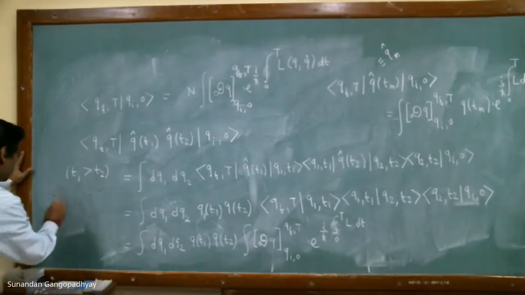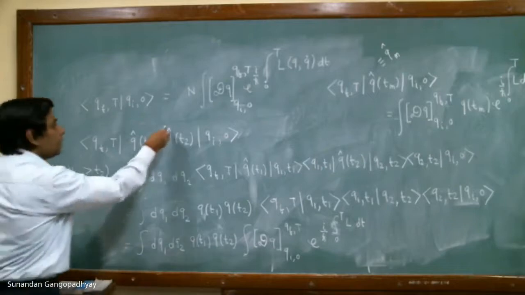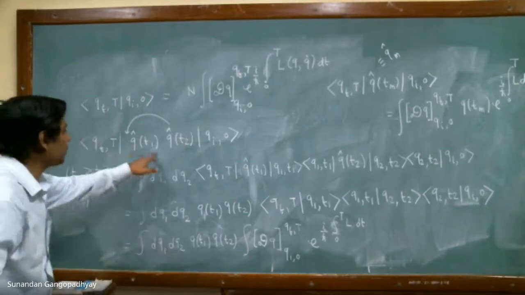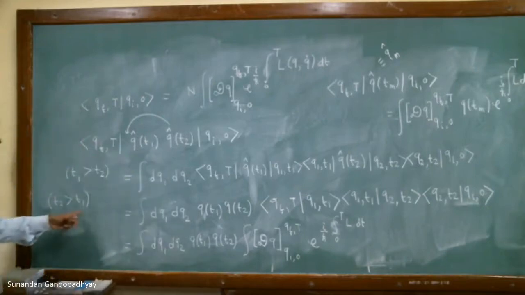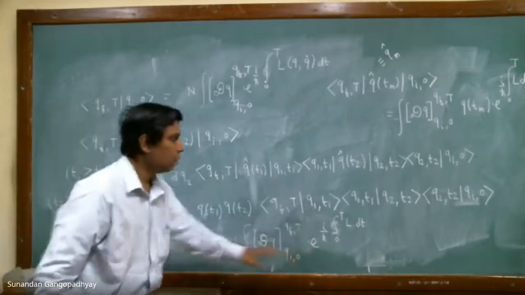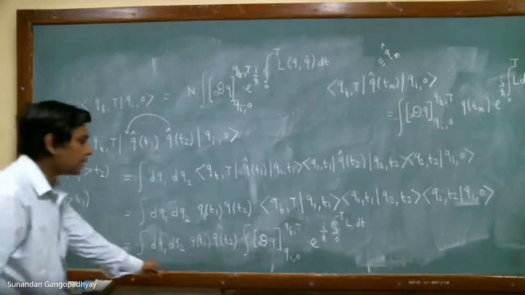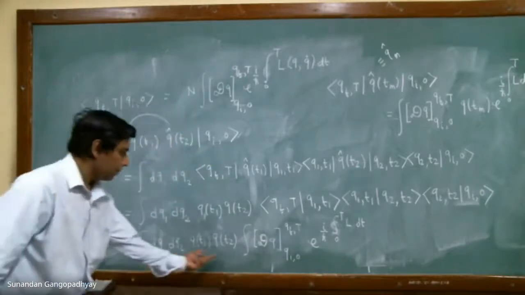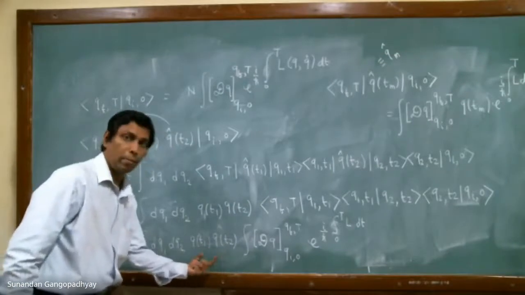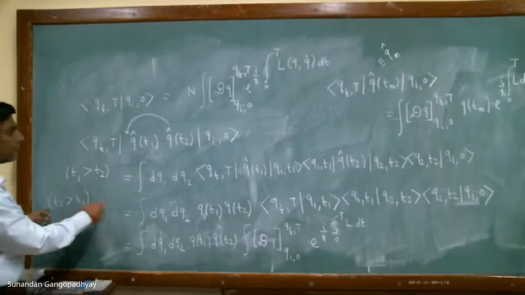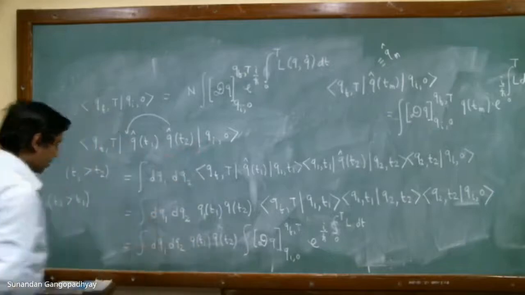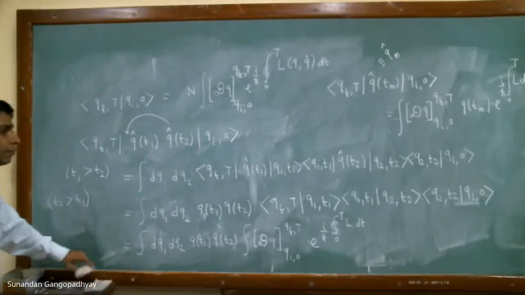You can do the same thing. You can say let T_2 be greater than T_1. Then what will happen? If T_2 is greater than T_1, then this will be placed to the left. This will be on the left of this operator because now T_2 is greater than T_1. Carry out the same exercise, do the same steps, then also you will get the same result. This will be your final result. Because here time ordering is not an issue, because these are all numbers. So if T_2 is greater than T_1, then the matrix element of Q hat(T_2), Q hat(T_1) in these two states gives you the same result. So both these two orderings give you the same result.